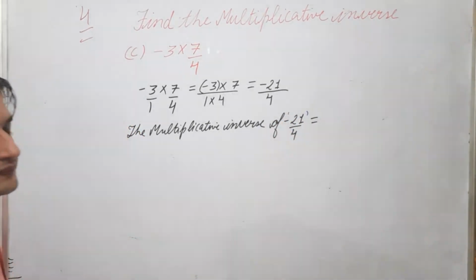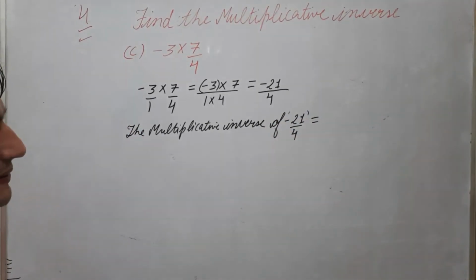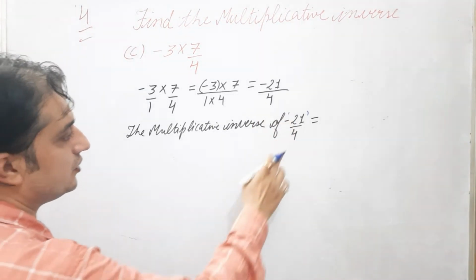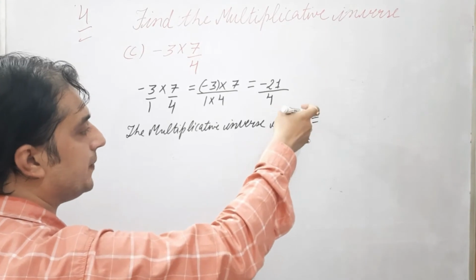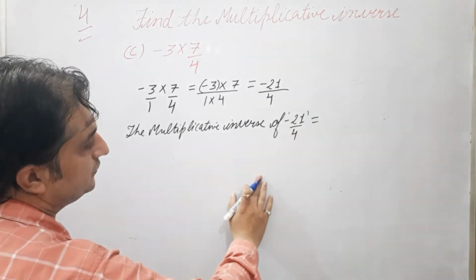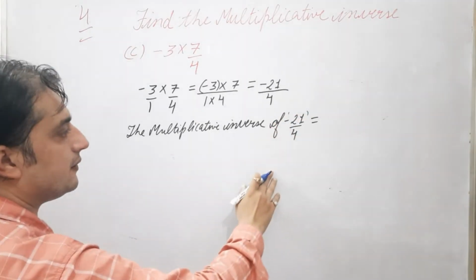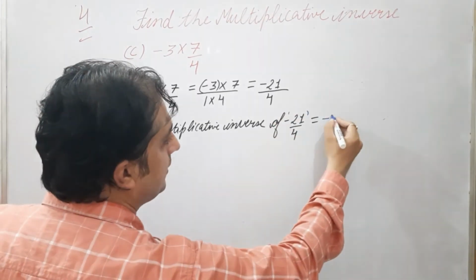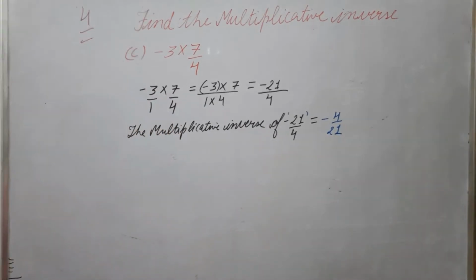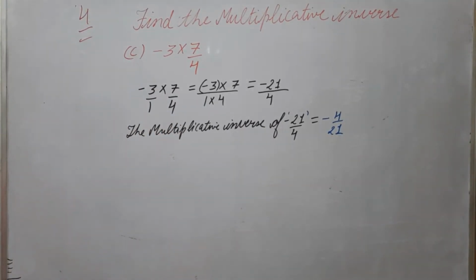Just take the reciprocal. Reciprocal means interchange the positions of the numerator and the denominator. So 4 become your numerator and 21 become your denominator. So it will become minus 4 upon 21. So this is the multiplicative inverse of the product of two rational numbers. Let's take another question